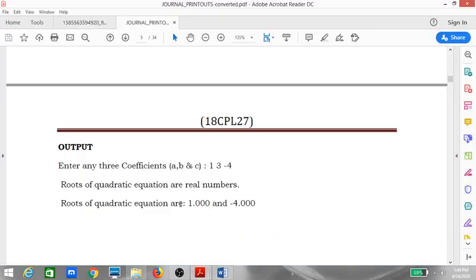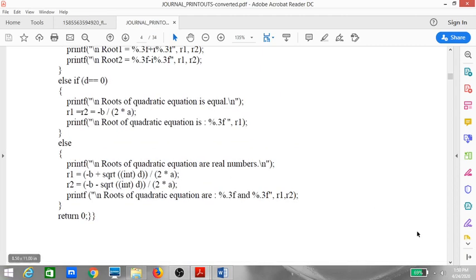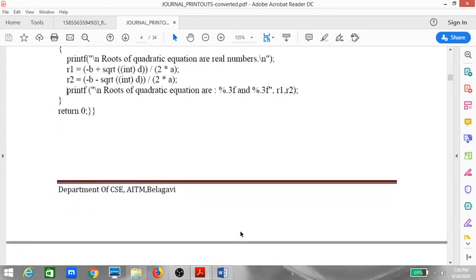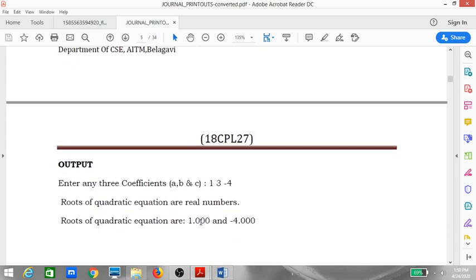Again, why are we getting a floating point value? Because we have taken it to be a floating point number. And if you see here, everywhere we have given 0.3f. That means after the decimal point, 3 place precision is required. So after the point, we are having 3 place values. So minus 4.000 and 1.000. If you give 6, then you will have 6 digits after the decimal point.